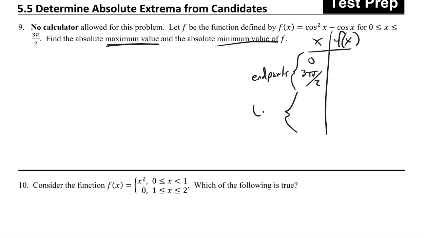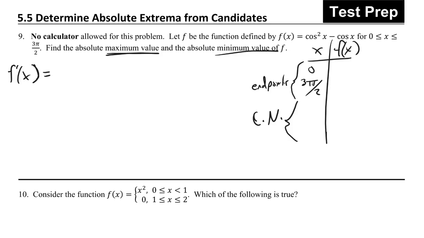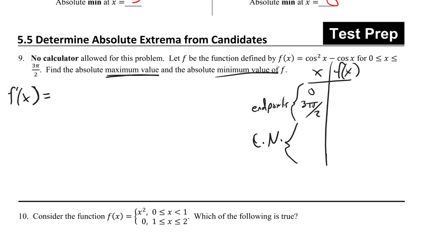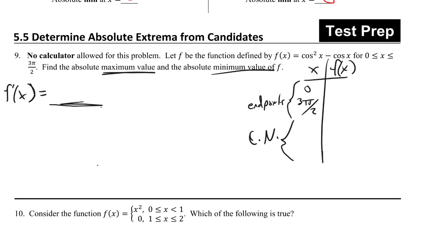and any of the critical numbers, which they didn't give to me, so I have to go and seek those out. So critical numbers are when the first derivative is 0 or undefined. Now, I anticipate that for a lot of you guys that missed this one, it's probably this part of the derivative. And we talked about this quite a bit in Unit 2, but it's not something we practice on a